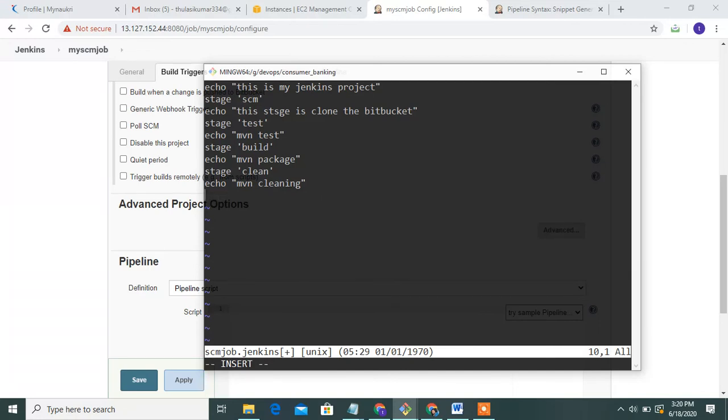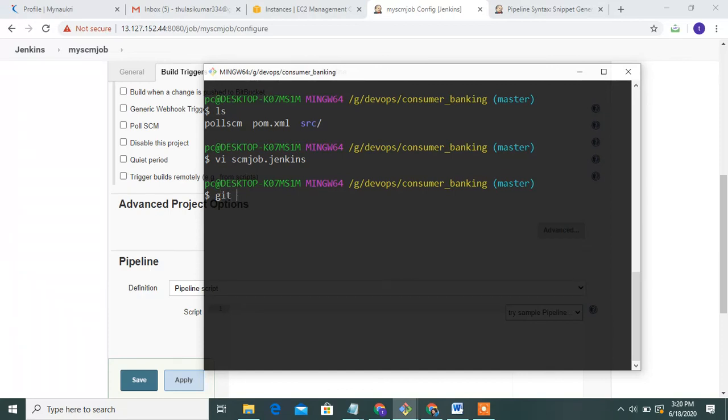Echo another stage. Test, build, clean, and package creation, and the deploy stage. Escape, then save the file.